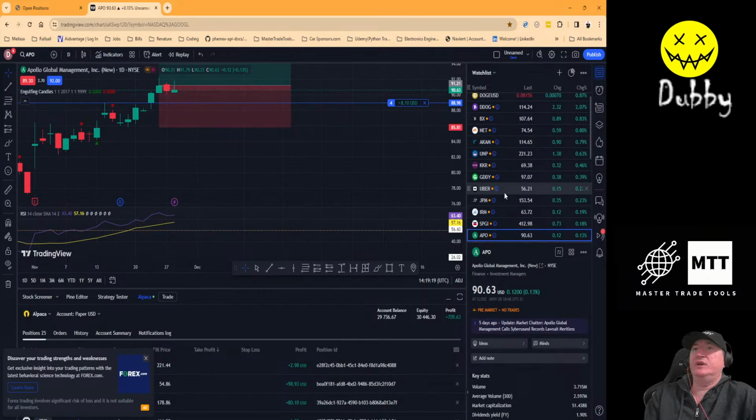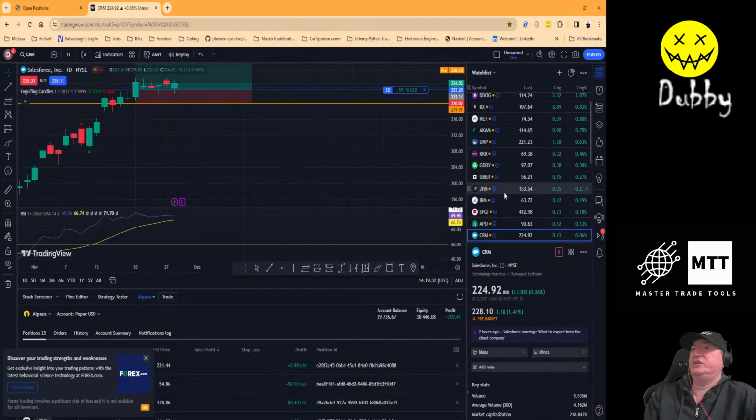APO is in our red range. Had a little bit of a pullback yesterday, but that really didn't make a difference because we were still sitting in the red range the Friday previous. So CRM, this one looks like it's